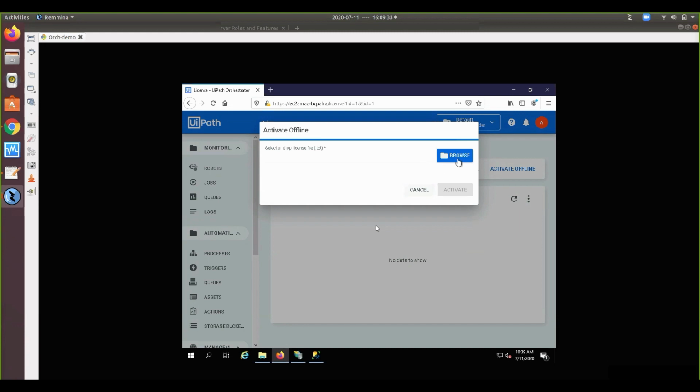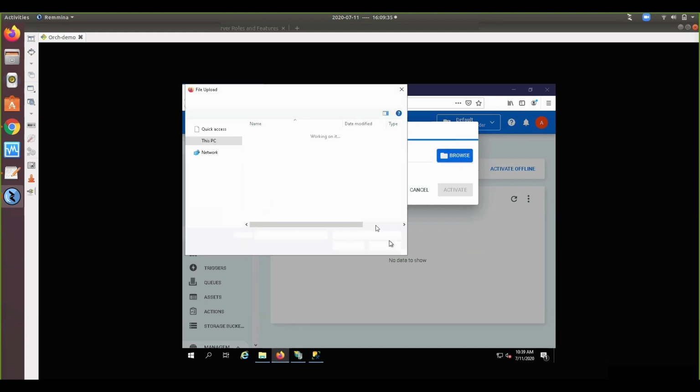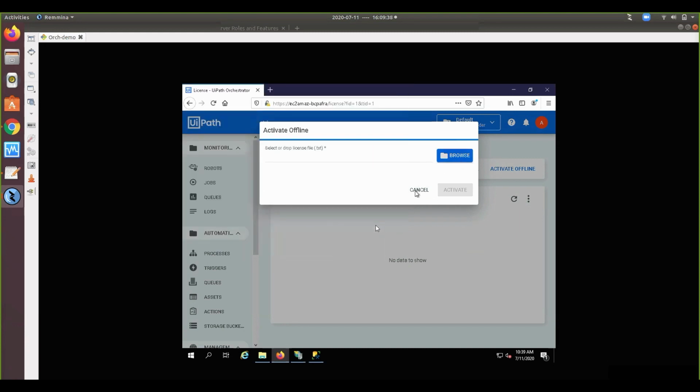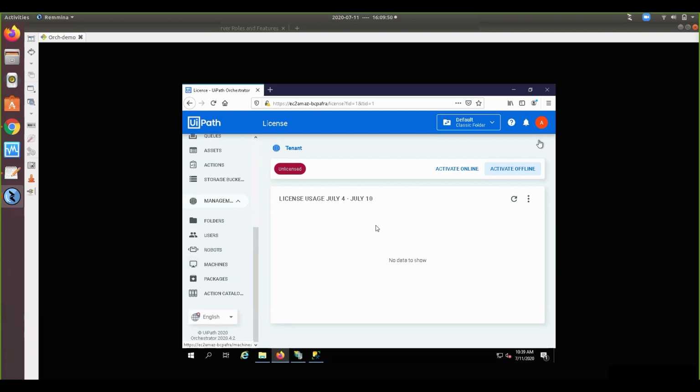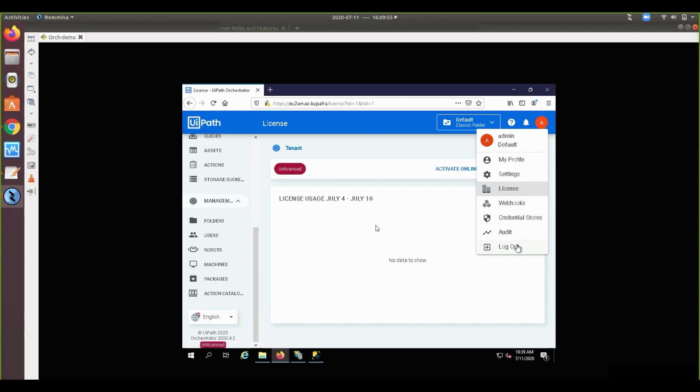Just browse that and upload it. You should be seeing your number of robots, studios and other components which are activated according to your license. So this is all about the Orchestrator installation as a single node.